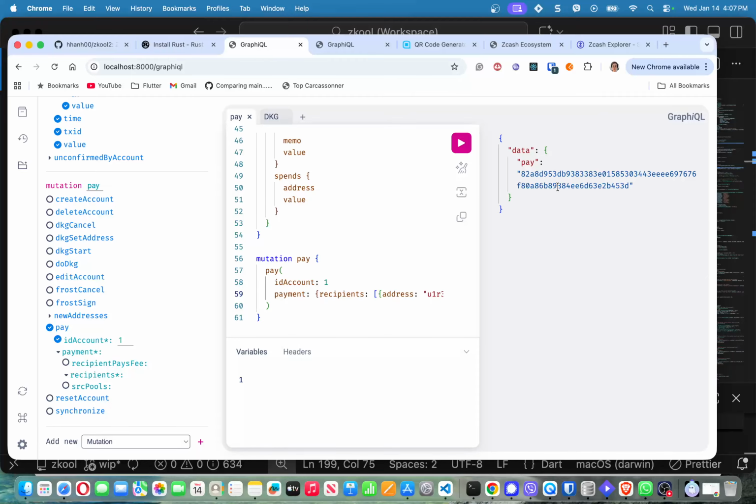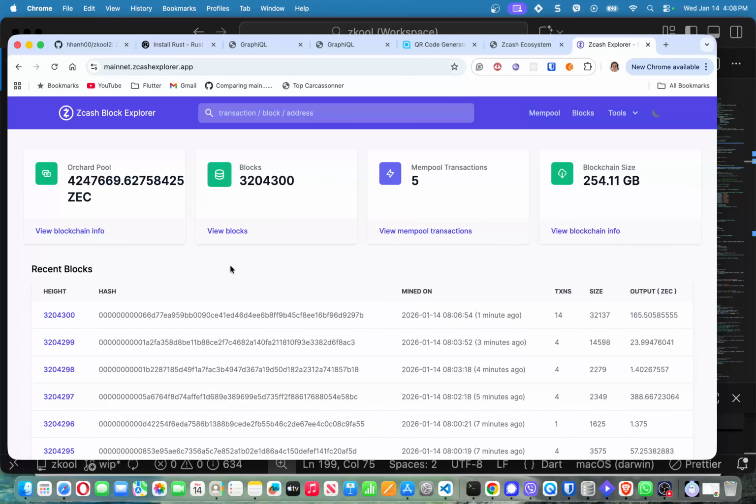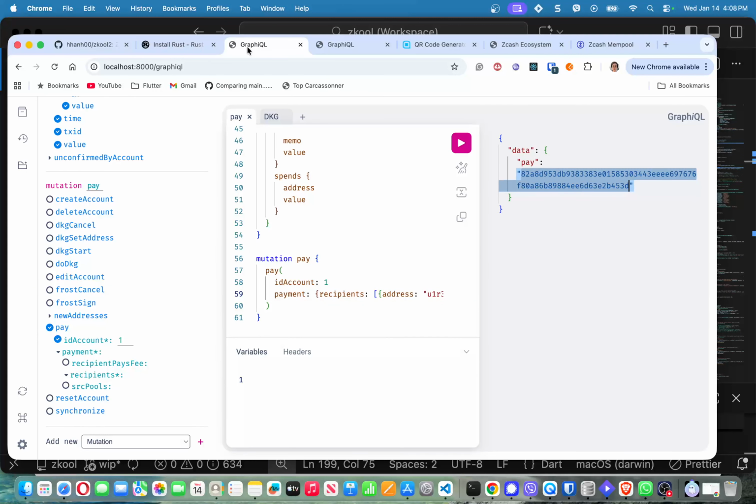Alright, so now we have this sent to the account, and the mempool has this transaction here, E2. Alright, so what we are doing here is sending some funds to the Frost account, which is like a regular one. I'm sorry, the microphone was very far. Yeah, so we're sending funds to the Frost account, and we're waiting for it to be